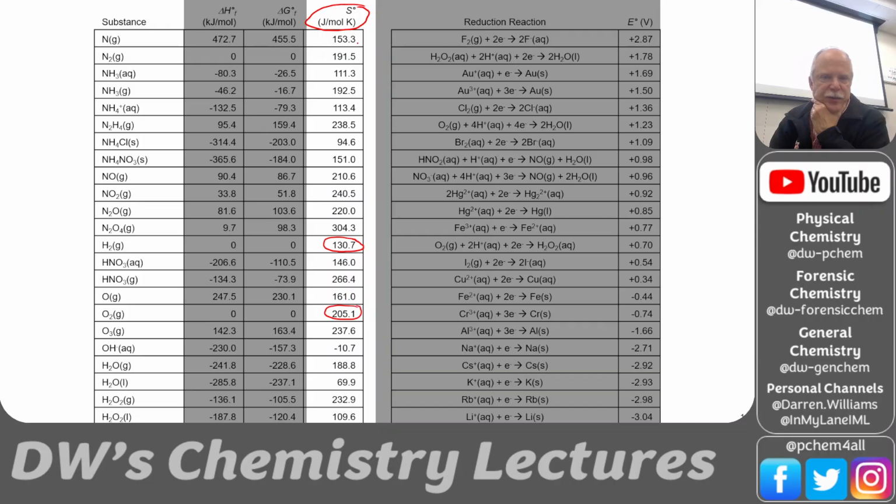Here's nitrogen. It's intermediate between the two. Okay, we've got one here. This is very bizarre. Look at that, a negative entropy. That kind of breaks my brain a little bit, even as a professor here, right? What is that? How can it be? It's not below 0 Kelvin. It seems wrong, doesn't it? To have a negative standard entropy.